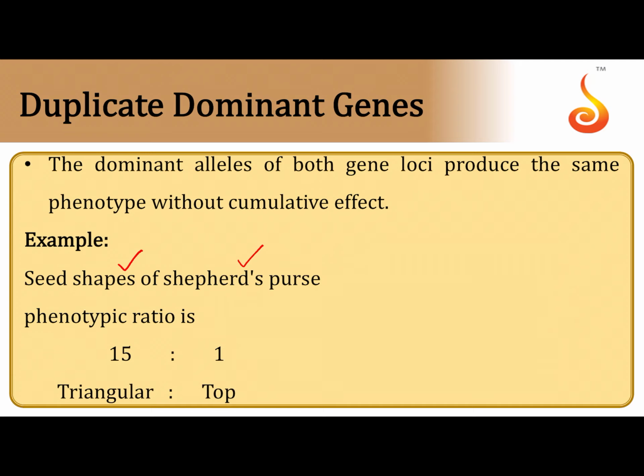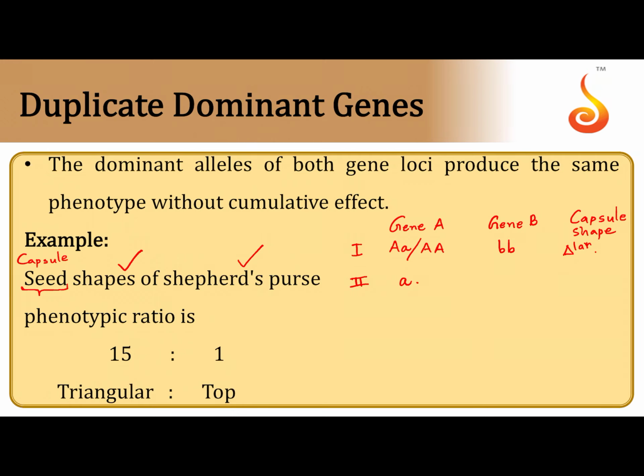For this explanation, again, I will consider two genes, gene A and gene B. Actually it is not the seed shape, it is the capsule shape. Capsule is the fruit. So here I'm going to consider the capsule shape. Now notice the cases, children. In the first case, there is at least one copy of dominant A in gene A, but there is no dominant B. So here you get a triangular capsule shape.